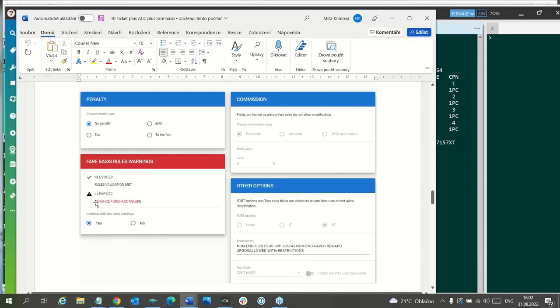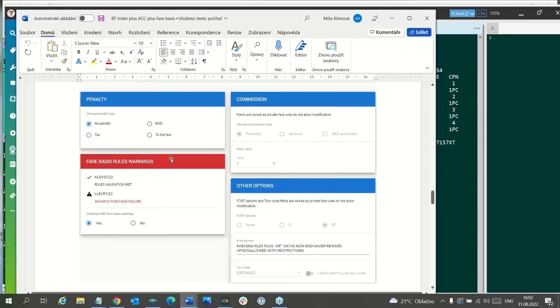And here is an advanced purchase failure, because it is a combination of two different fares, but the advanced purchase period for the second fare was not met, and therefore this table is red, and this is also written in red, that it is up to your responsibility if you will continue, because one of the conditions has not been met.